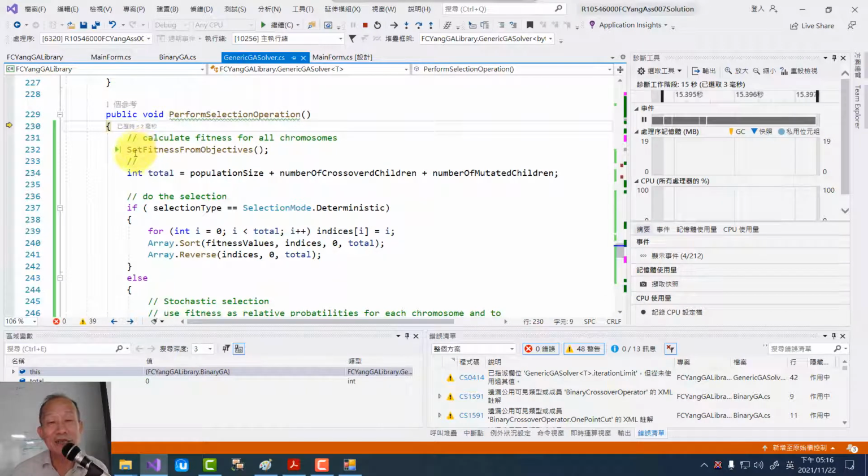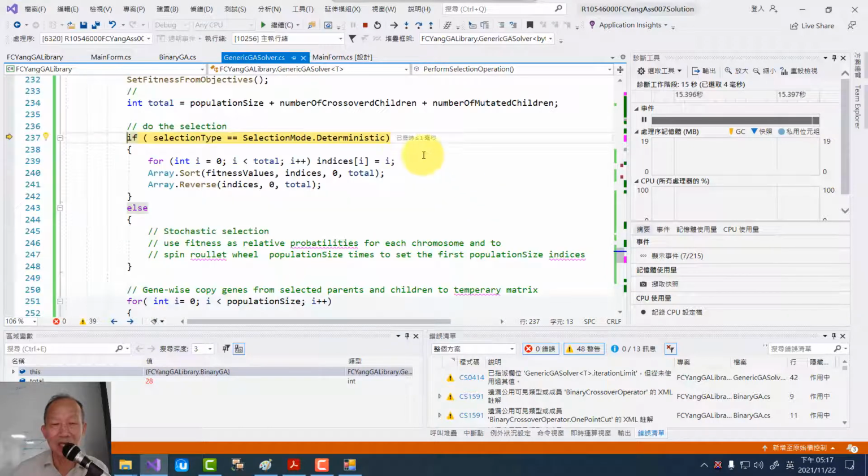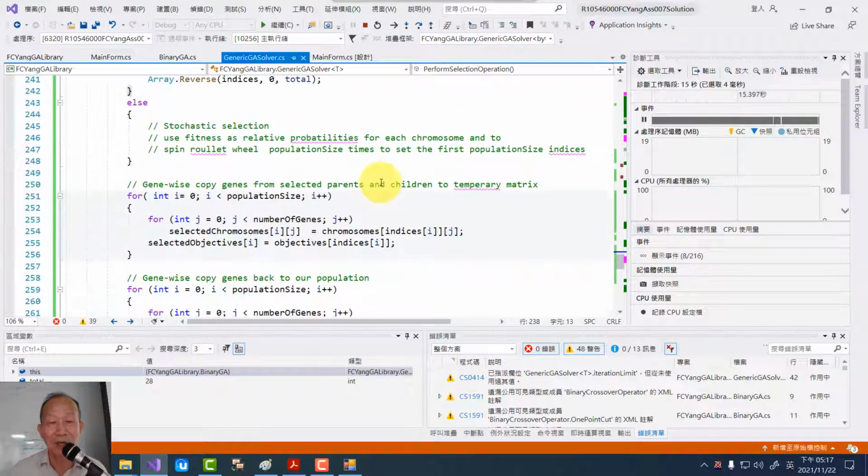I did not set fitness value, so I'm not going to see any positive result here. Total that should be 28. If it determines selection, well, because fitness values are not set, it's none. The memory has not been allocated. So I think we will end up right here, and almost everything has been done so far for our